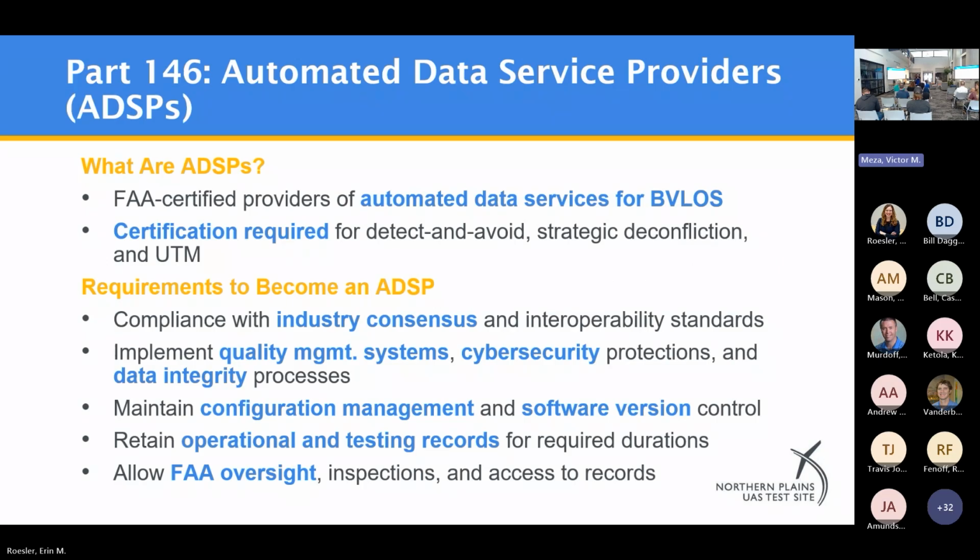Last category, which is actually very interesting, because even though we're dubbing this the Part 108 NPRM, that also introduces Part 146. So Part 146 is for automated data service providers. And I think this will honestly revolutionize a lot of the UAS industry. Up until this point, if you were a service provider, UTM, USS, 3PSP, your service had no way to really get certified, acknowledged, approved by the FAA